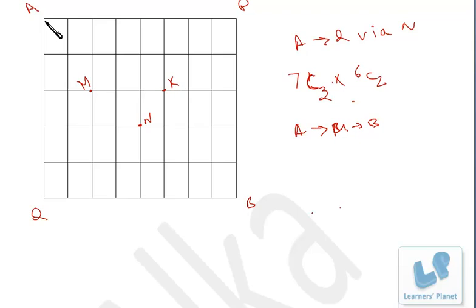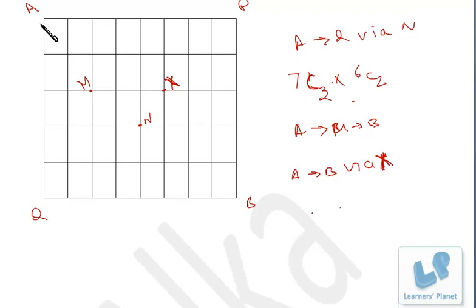And suppose the question is asked, you have to go from A to B via X and then you have to come back, right? Via X, here it's K, sorry, I write it X only. So A to B via X and you have to come back via X from B to A. That means first of all you have to go from A to X, then X to B, and then just square it, because to come back the same way, the number of ways will be the same, right? So A to X, X to B, and then square it.